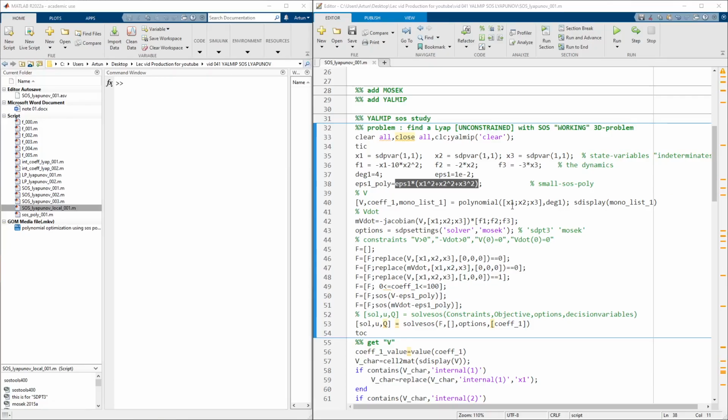Okay, here first we initialize V, the polynomial V, and for each decision polynomial we have a corresponding coefficient vector and monomial vector. Okay, and again